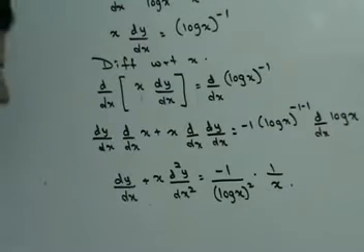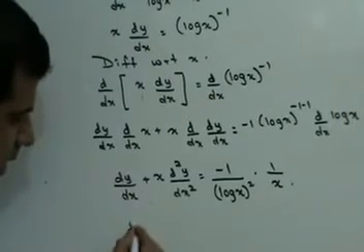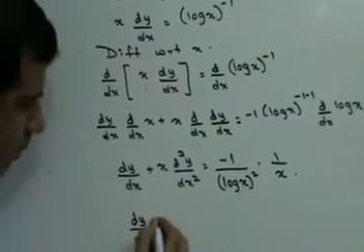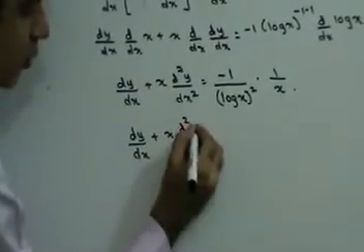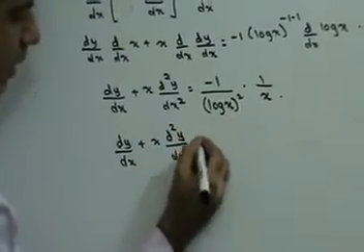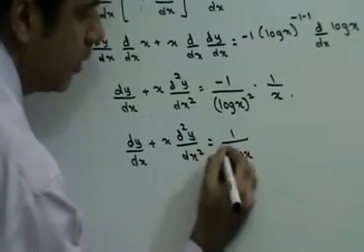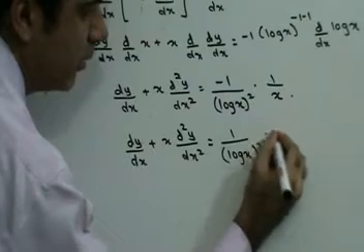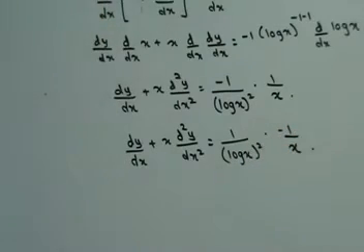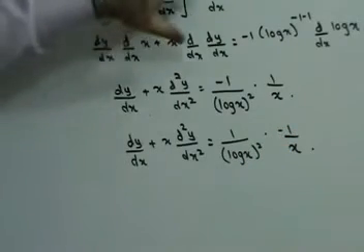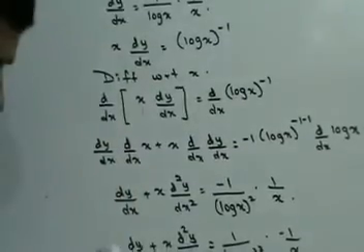Now I can say that dy by dx plus x d square y by dx square is equal to 1 upon log x the whole square into minus 1 upon x. Now, can you see this step, guys? This step